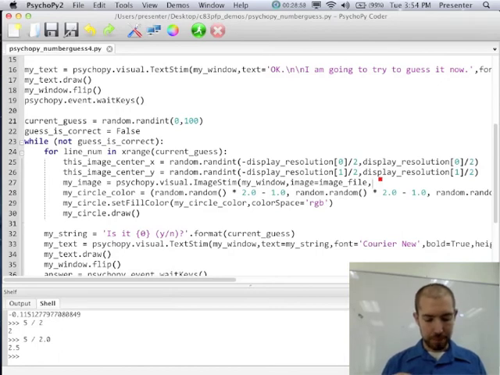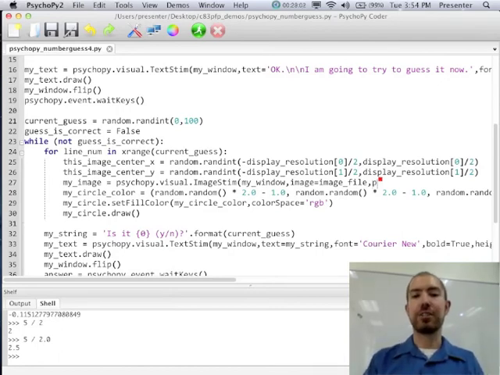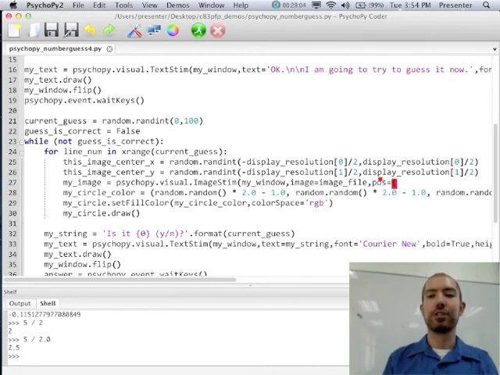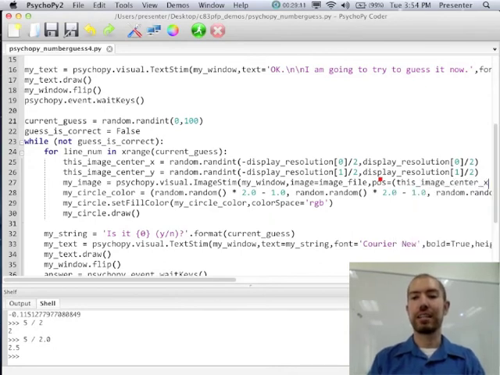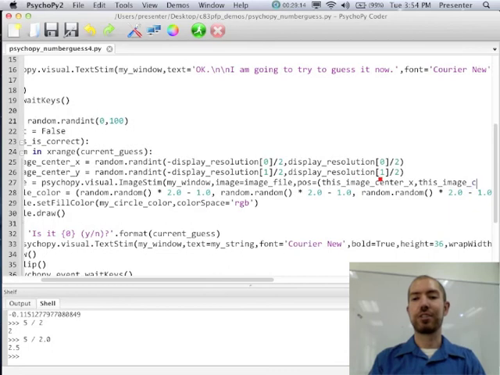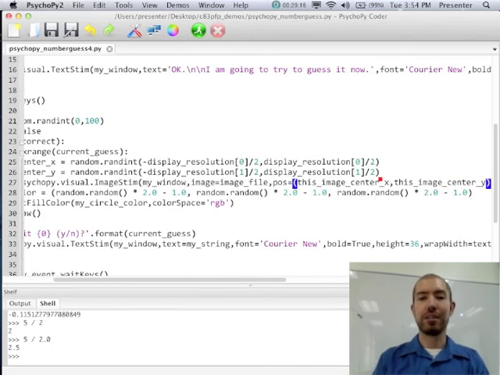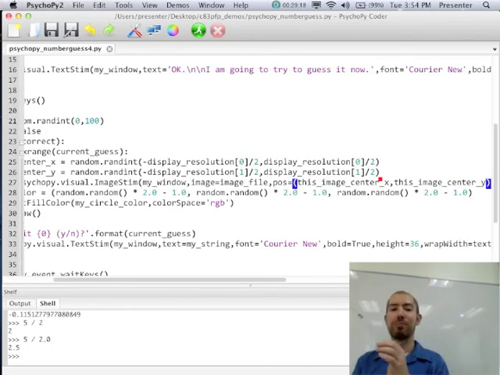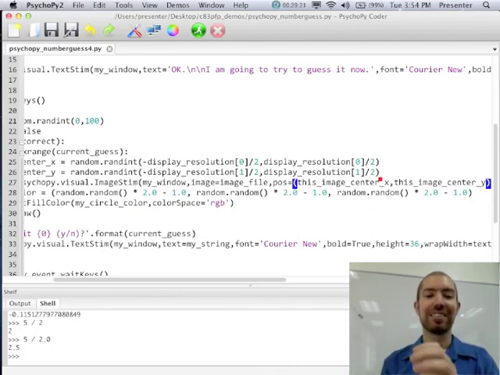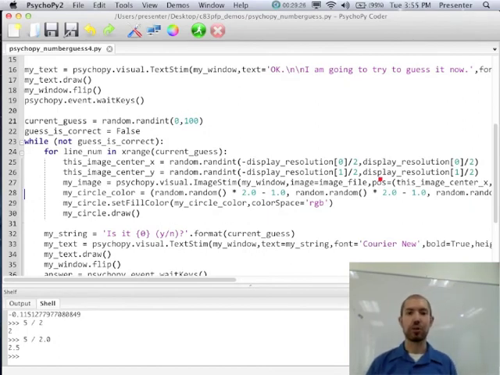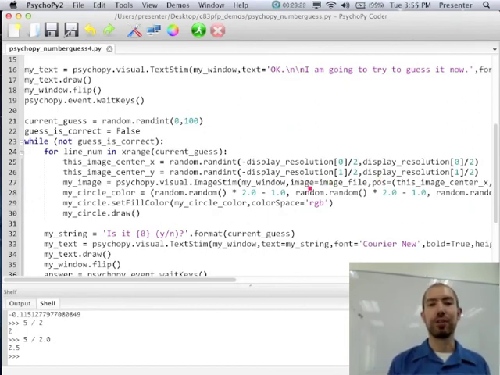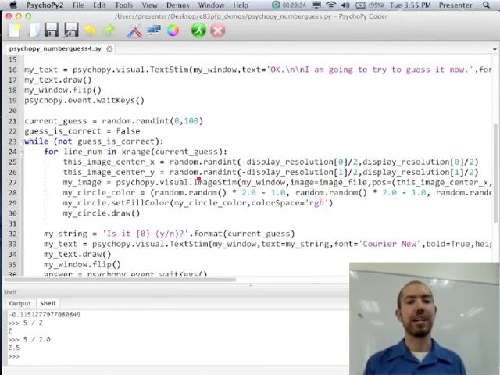And the only other thing we need to tell it is the position, which is actually the same as before. So it's just pos equals this equals parentheses this image center X, comma, this image center Y, close parentheses. And what else do I need to type on this line before I'm done? Another close parentheses, right? Or close brackets. Okay, so really all we changed was that middle stuff, we changed from radius to image file, I guess. So that's not too bad, right?